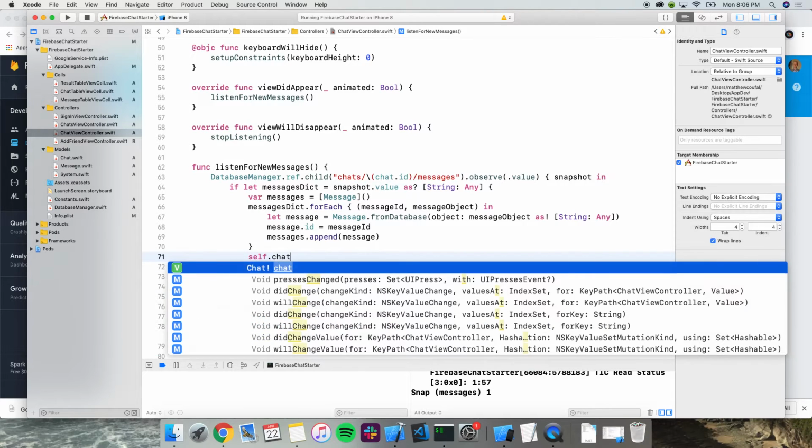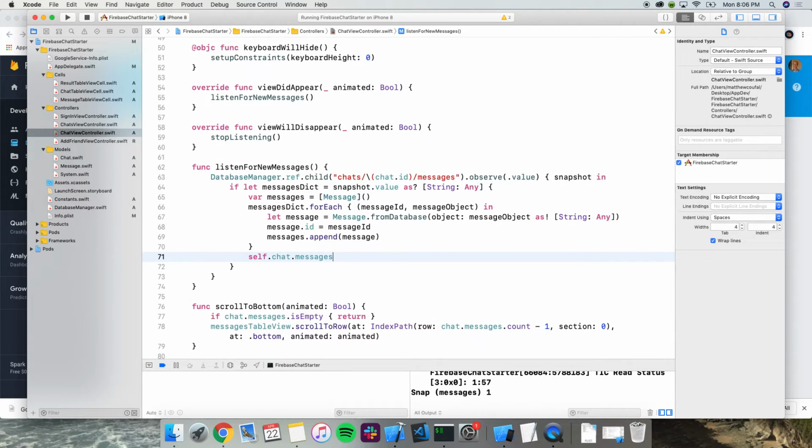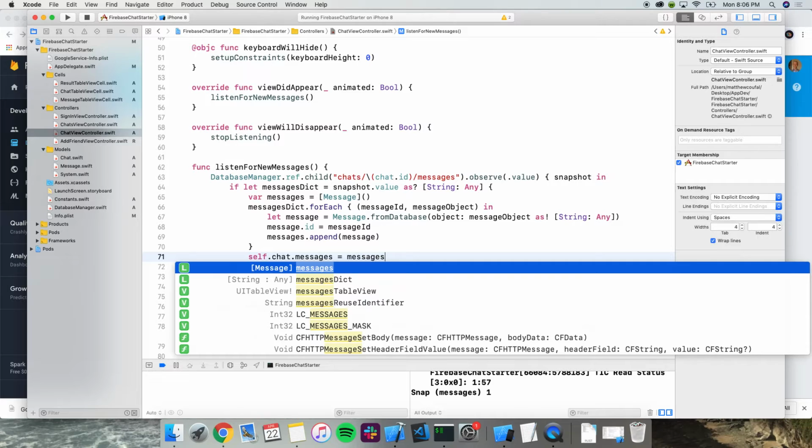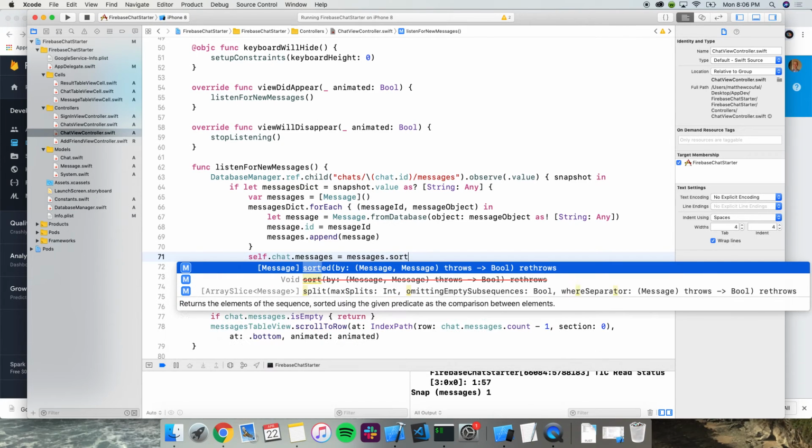Okay. So what we want to do now, we want to actually update the messages property of our view controller to this new array of messages. And we want to sort them, because normally you see the most recent message at the bottom, right? So we can just use this built-in sort function in Swift.